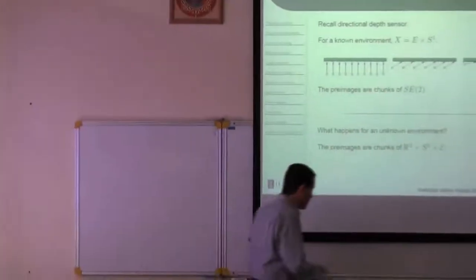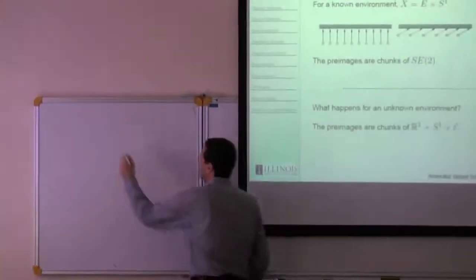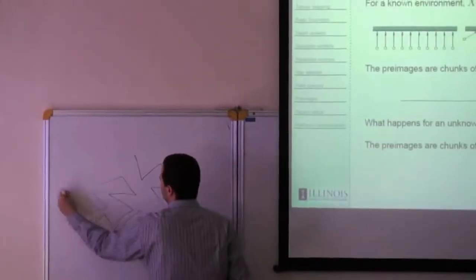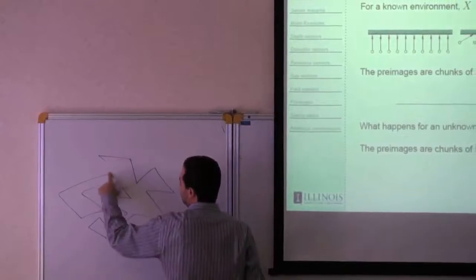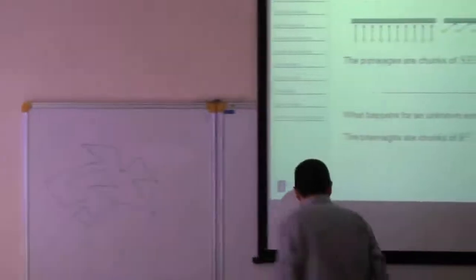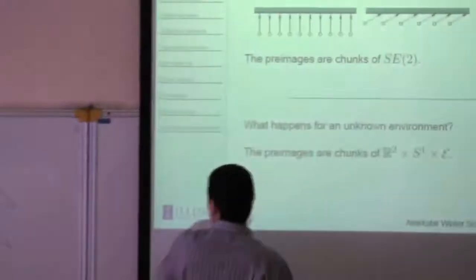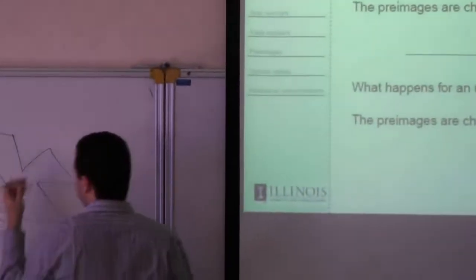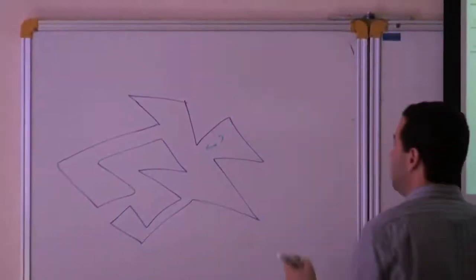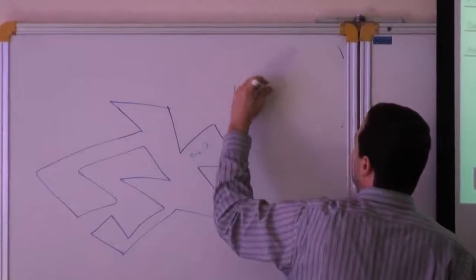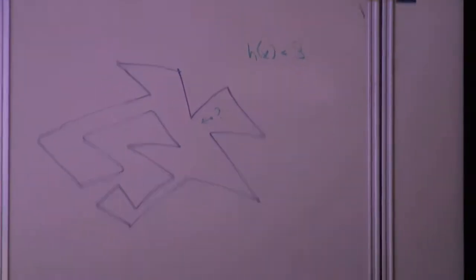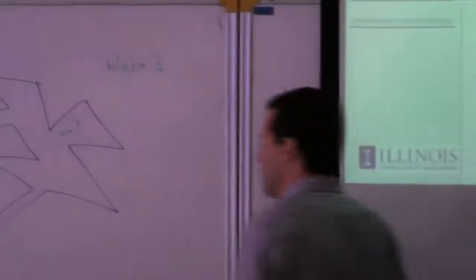So for example, if I give you a polygon, one of the weird ones or whatever. And then I say, all right, in that polygon I put a sensor, a directional depth sensor. I'm somewhere in here, who knows, but the directional depth sensor said h of x equals 3. Can you compute the subset of SE3? So now I have to compute a